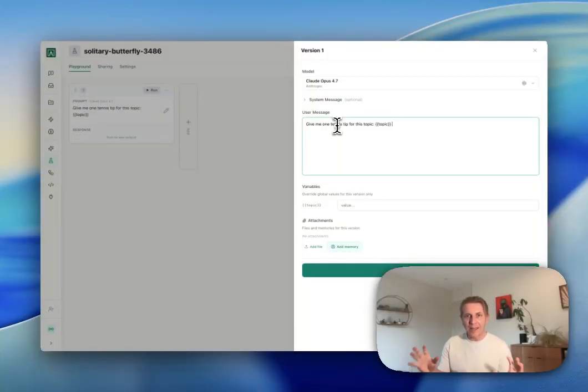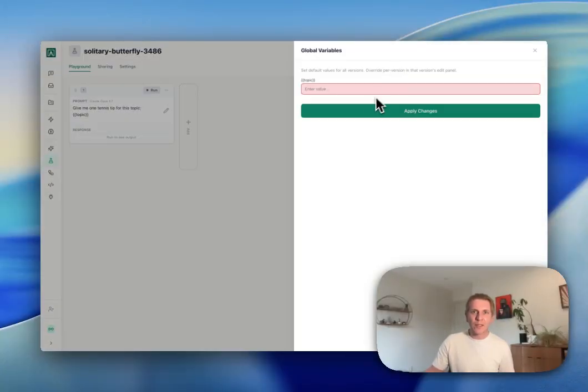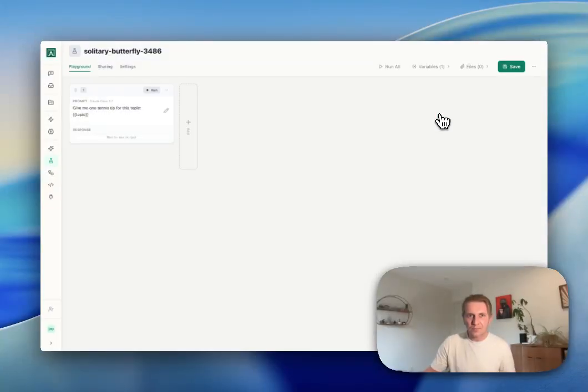I know normally you'd be writing a much more sophisticated prompt than this. I'm just going to apply this. I'm going to say this runs on Opus 4.7. What I can do straight away inside the playground is just run these, and we need a topic here. Why don't we say backhands? And you'll see it's going to go through, and it's now going to generate a response from Opus 4.7 on